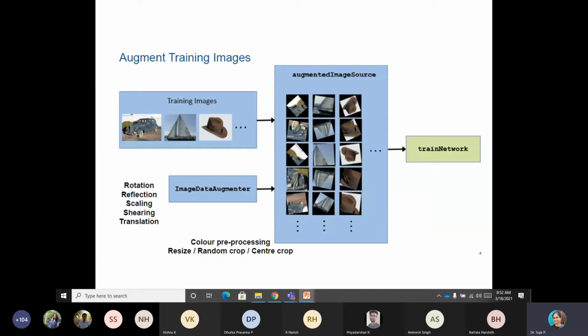You can translate, rotate, scale, everything. So from the same image, you will have versions of it. Say you have only 3 images for training, but when you augment, you generate more versions of the same input images, so the training data set increases.